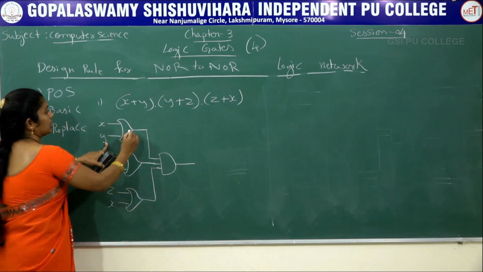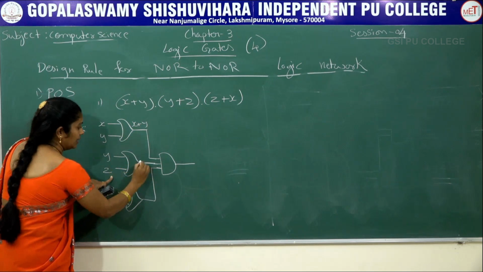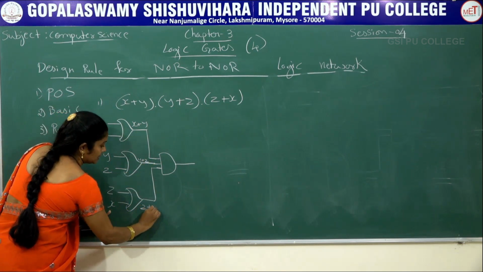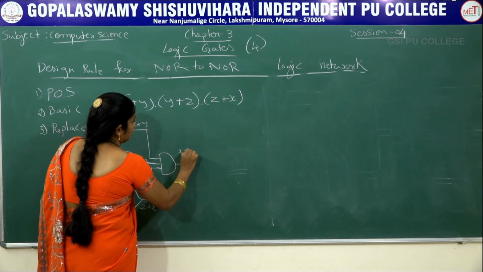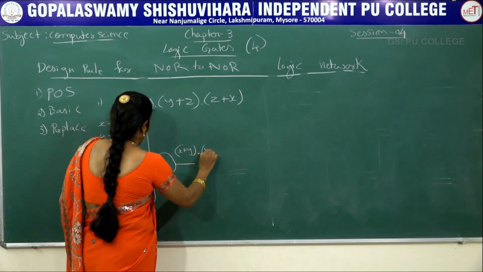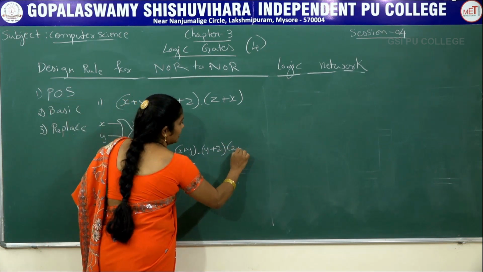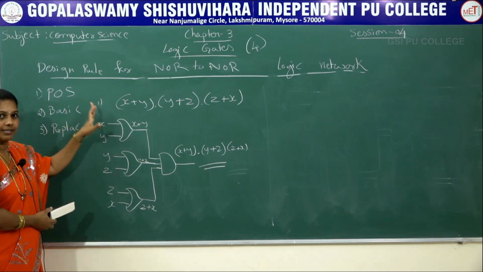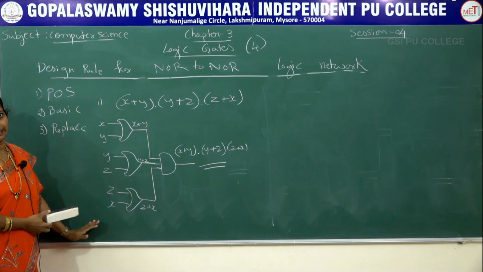See the output. What is the output here? X plus Y, the first part. Second part, here the output is Y plus Z. Whereas here, Z plus X. Once it is passed through this symbol, what is the output? X plus Y, here the D shape we have, that's why dot, Y plus Z, and the last one is Z plus X. Second part we have completed. We have just written all the expression with the basic symbols.